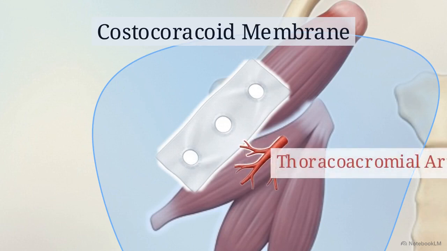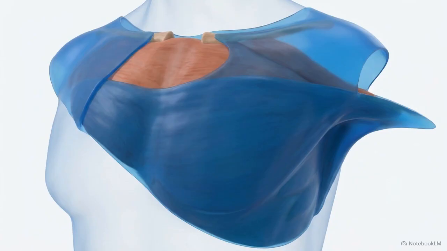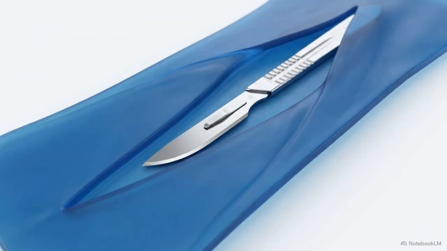Second, the thoracoacromial artery emerges outward from the axillary axis to supply the anterior chest wall. Third, tracing tightly alongside that artery is the lateral pectoral nerve, en route to innervate the pectoralis major. Moving inferiorly past the pectoralis minor, this fascial sheet continues downward as the suspensory ligament of the axilla. This inferior extension creates the definitive surgical plane required for a safe axillary dissection.